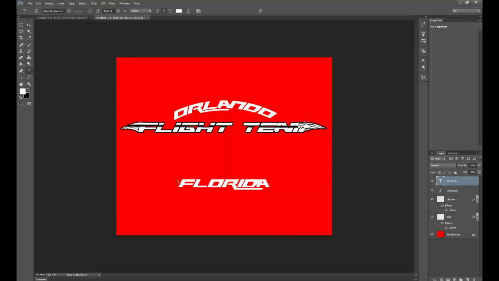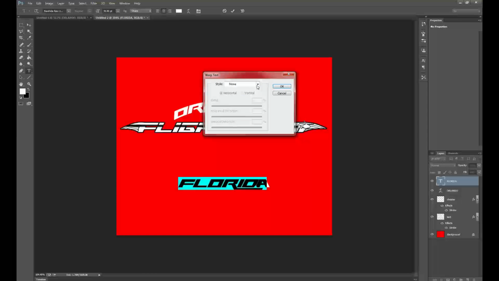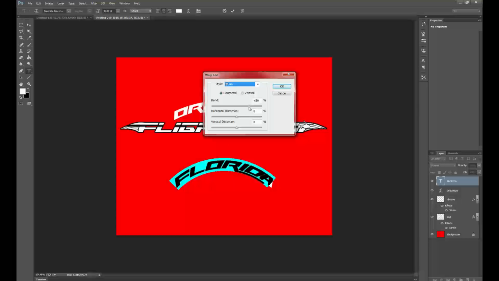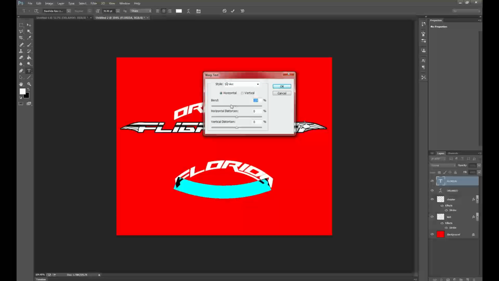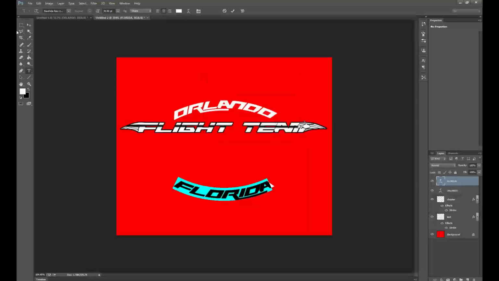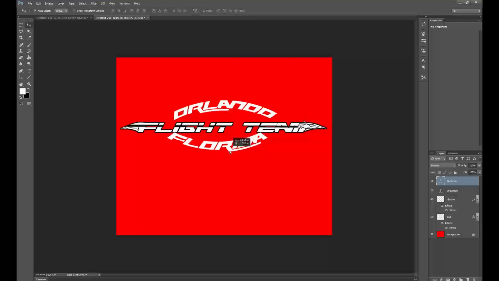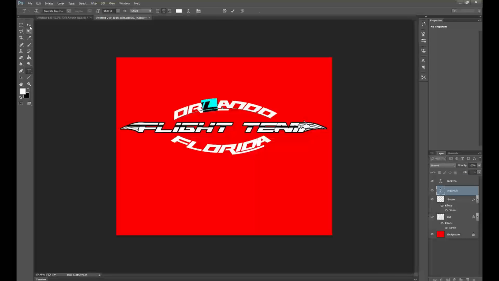We will throw an arc on this, but this time, instead of having the positive arc this way, if you drag this bend slider just to negative 30 and let go, you have it going the opposite direction, which is cool. If you go back and just select the L, that'll put you back on this,